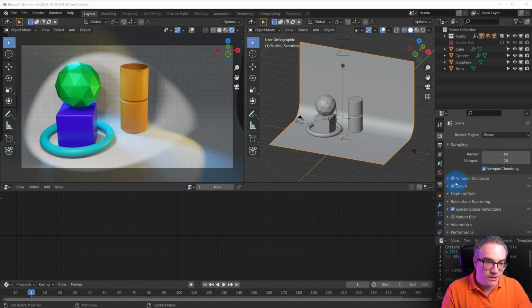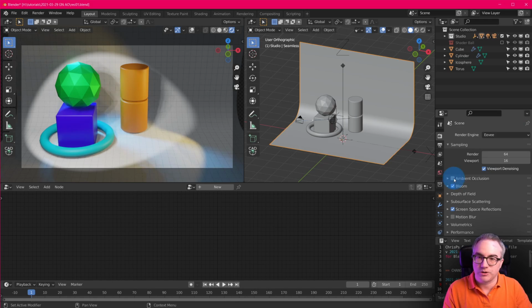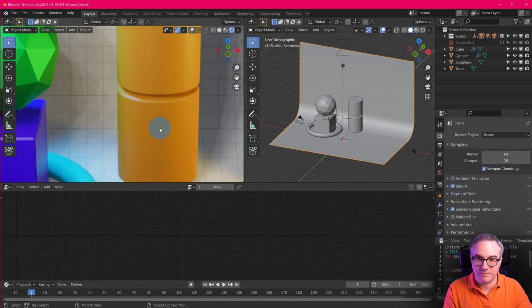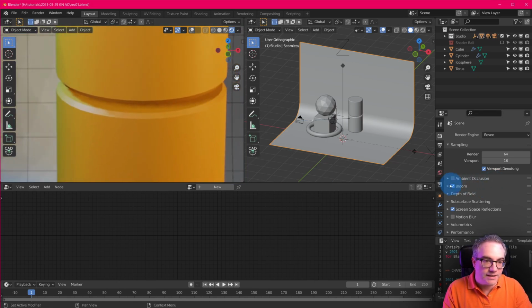So what do we have in Blender for ambient occlusion? Here I am in EEVEE, and there is this global switch for ambient occlusion, and if you switch it on or off, you can see not much, but some things. Like, for example, look in this crease in here. If I switch on ambient occlusion, it darkens that little edge in there. So it increases the contrast a little bit by darkening these faces that are inside here,